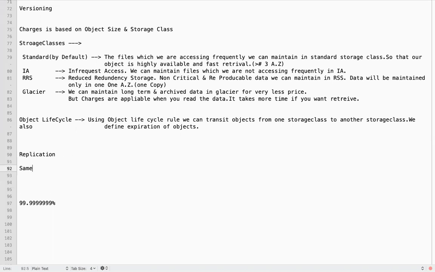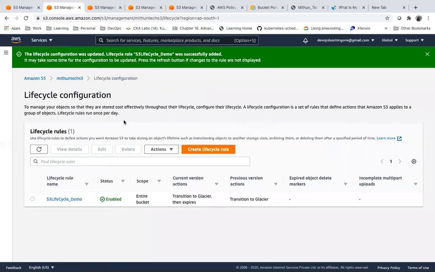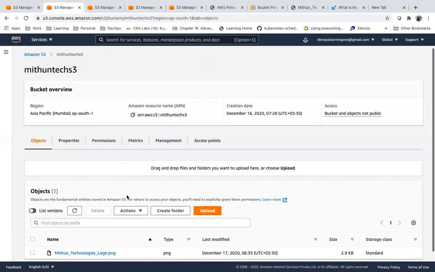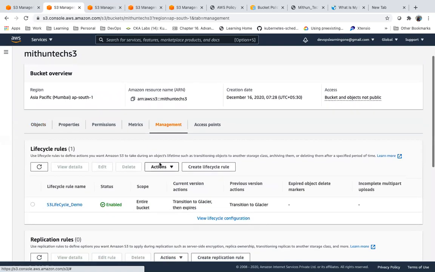It supports same region replication and cross region replication. So I can replicate this bucket. It's kind of duplicating this bucket. I can create a replication rule the way I have created a lifecycle rule. I can create a replication rule here.